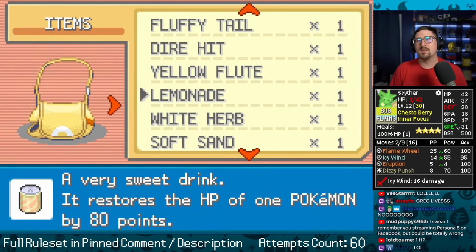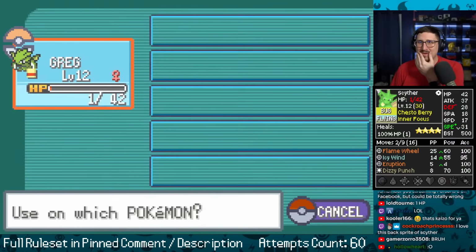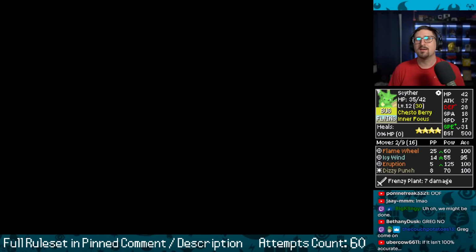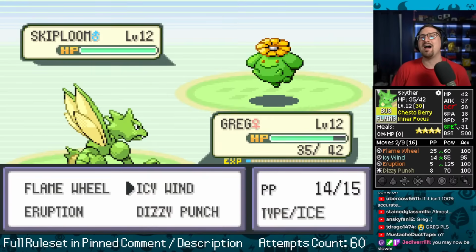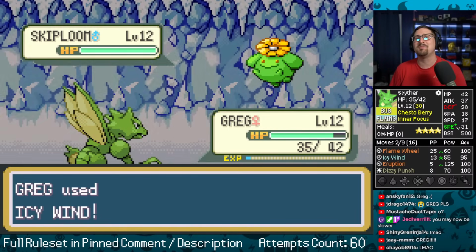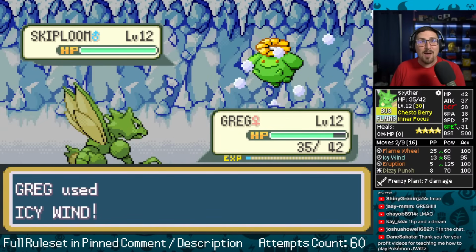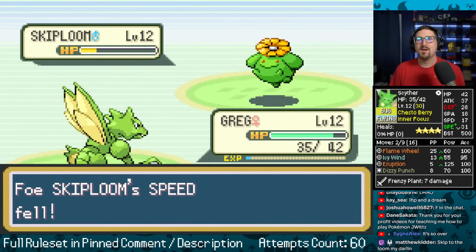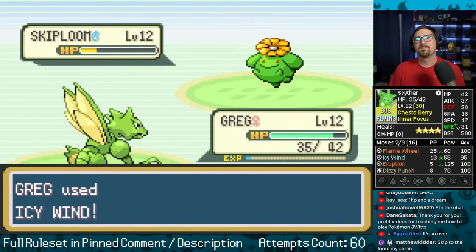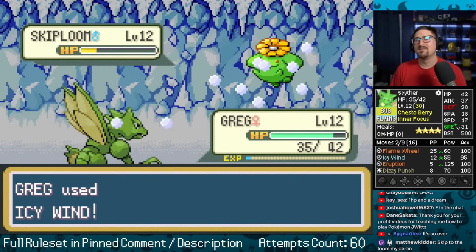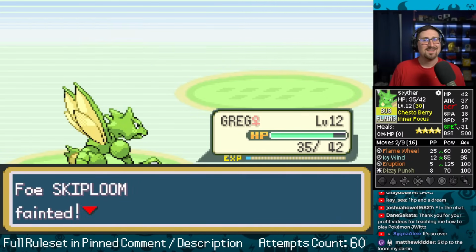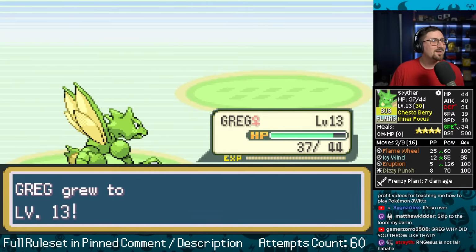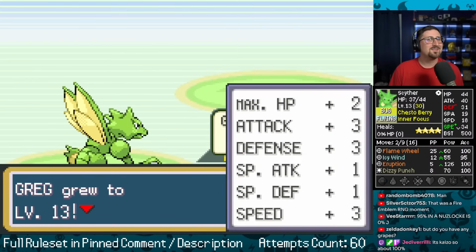I am using my lemonade, which sucks because it is a really big deal and I'd love to have held it longer. Yeah, Frenzy Plant, that ain't going to do it. What are the odds that I use 95% Icy Wind, I miss, and they happen to also have Icy Wind? Okay, wouldn't have one shot anyway. It makes me feel just marginally better. Get out of here. Hop It Blind, still screwing with me after all these years. RNGs, this is not fair.